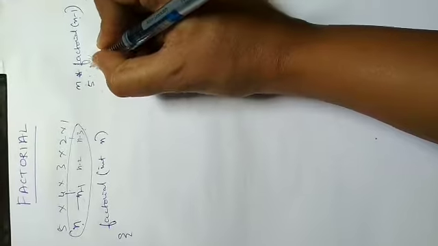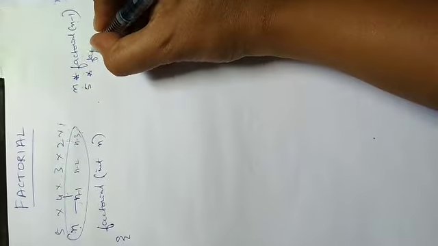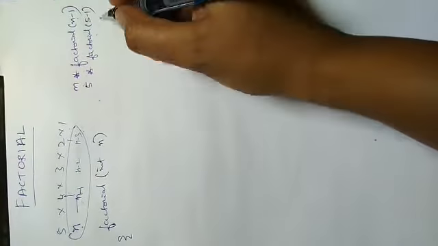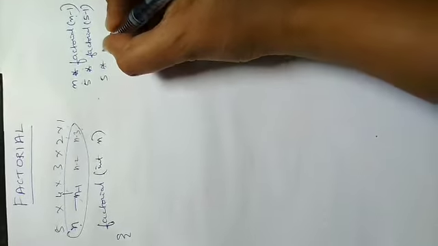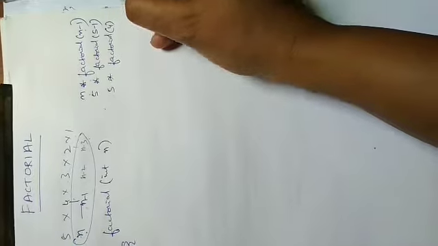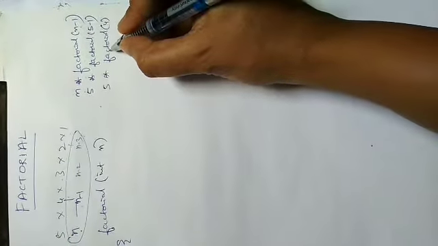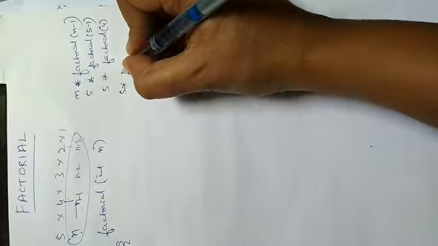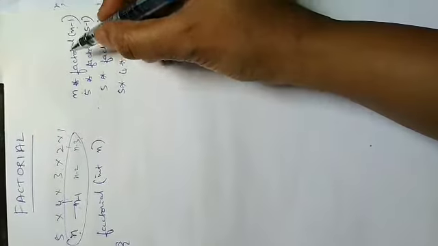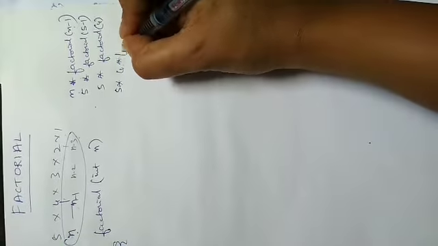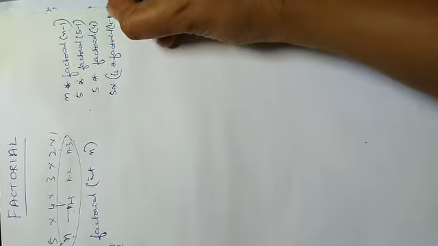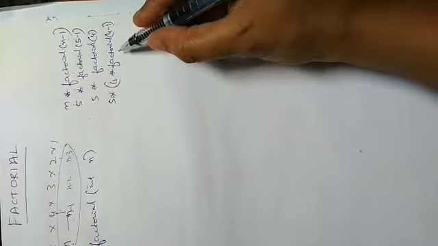In case I take 5, it will be 5 into factorial of 5 minus 1. So 5 minus 1 is what? 5 into factorial of 4. So you are recursively trying to call. What happens when I call factorial of 4? It becomes 5 into 4 into, it will go to the call here, and then it will perform 4 into factorial of 4 minus 1. Recursively it gets called.